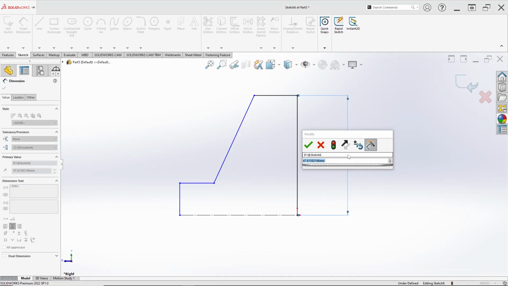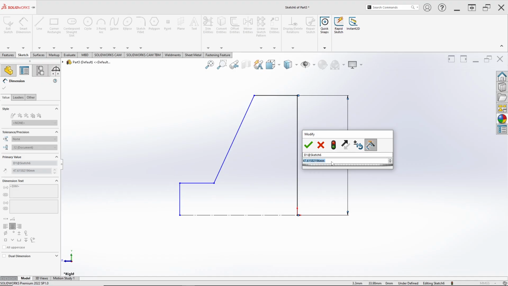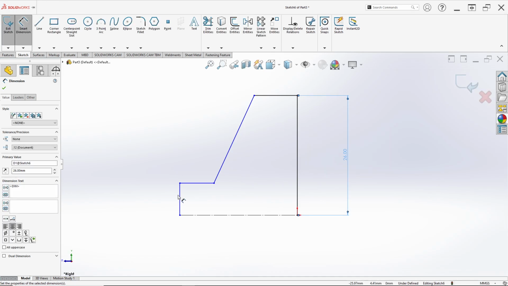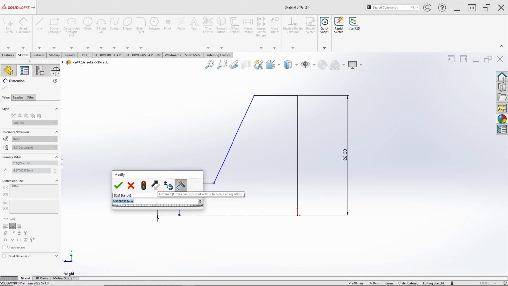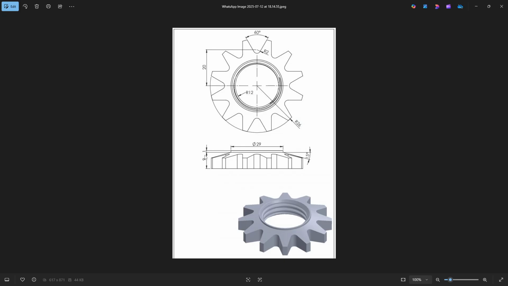First, here we can see the outer radius. The tooth is 26, so we can just input 26 millimeter for the radius, and in the top we can see the diameter is 29, so the radius is 14.5 like this. Thickness in the top is 1 millimeter,